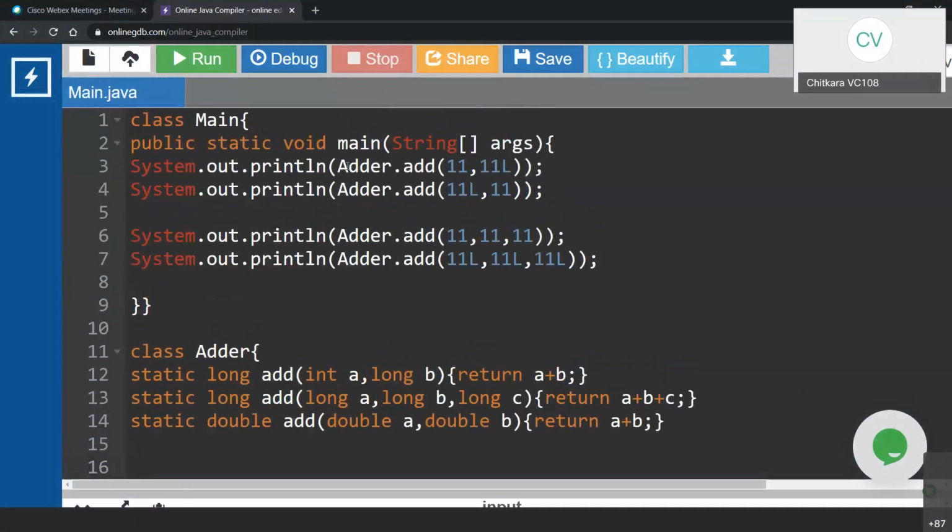There is a class main. In the main, I'm saying adder.add 11, 11L. Now pay attention very carefully. There is an int, there is a long. So this shouldn't give me any error. In the next case, we have